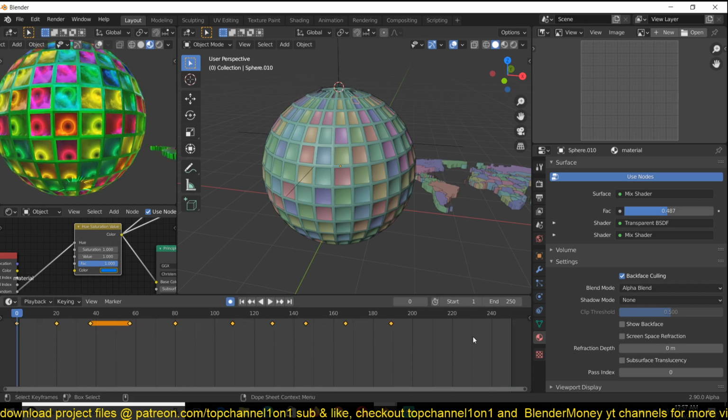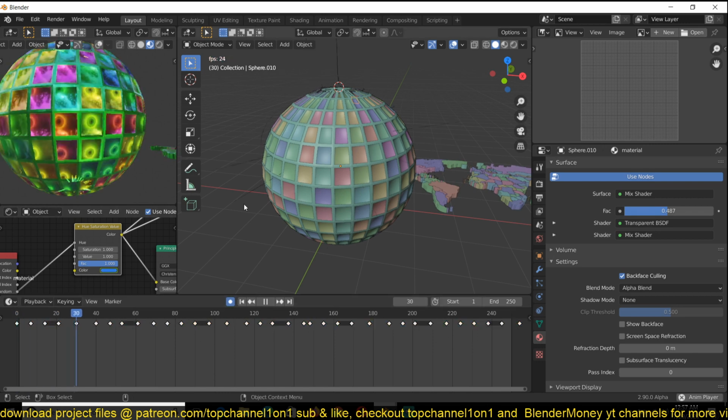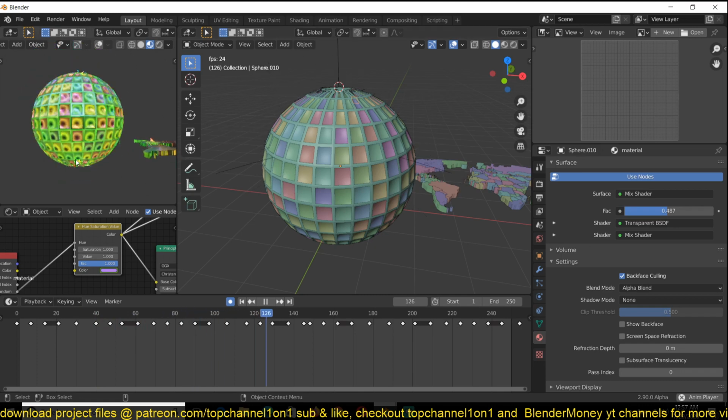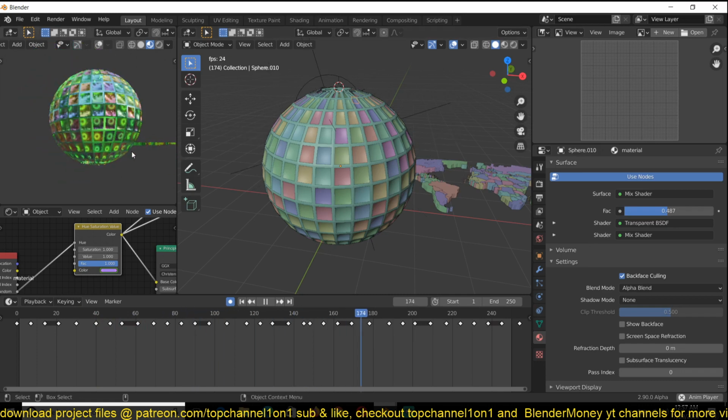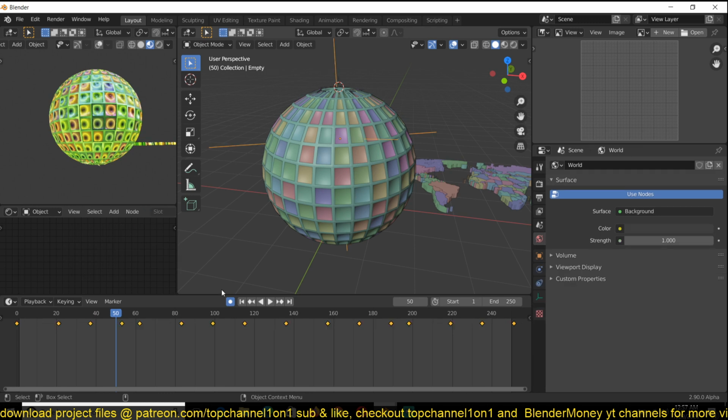Speed that up as well. Okay, now you just have to tune it to the rhythm, and let me see if I can find a track here that I could use.